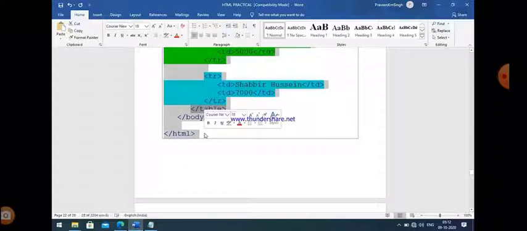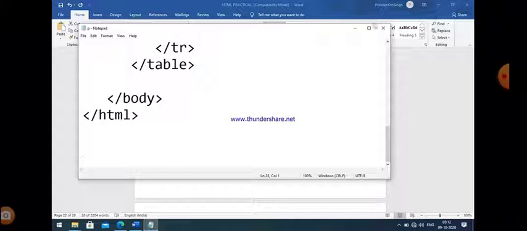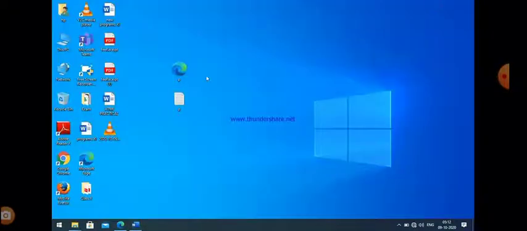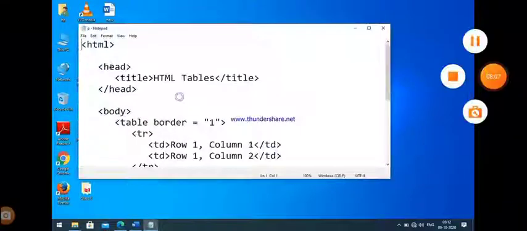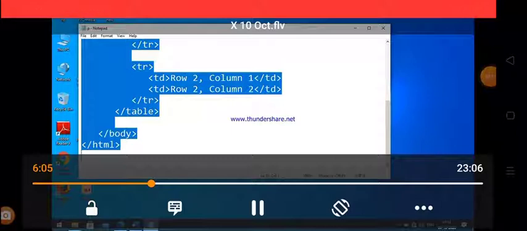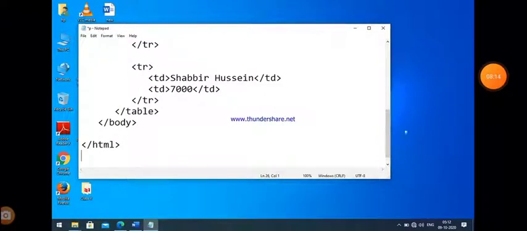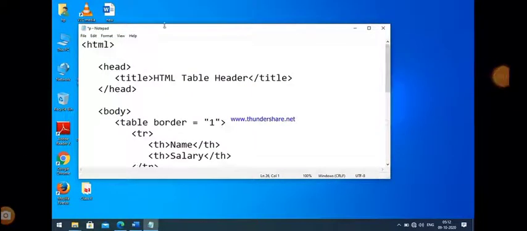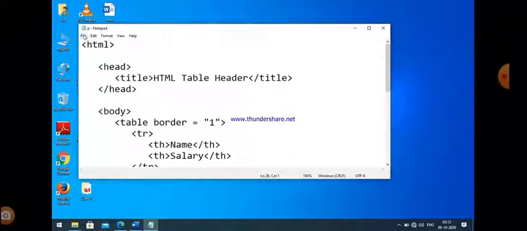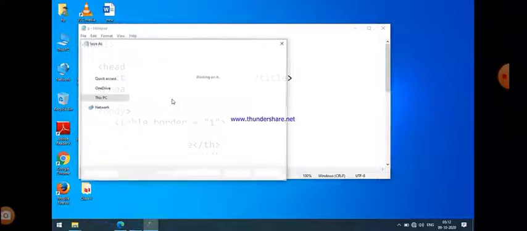Now let us execute this program. All other parts are the same as the previous one. Now just make a copy paste operation here. Save the file. Now it's time to create the HTML file.